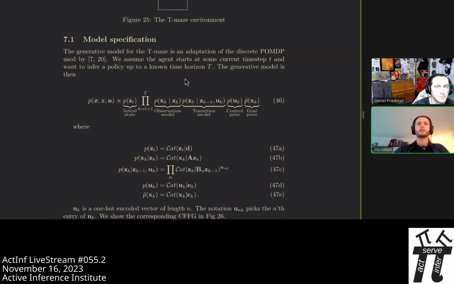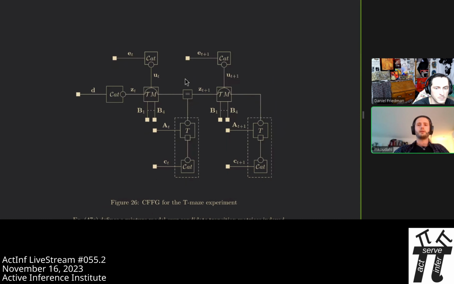I can actually show the constraint FFG of the model that we're building, and it looks like this. What's going on here is that we have a vector D that parameterizes where we start. This is the prior. Then we have this transition mixture node that transitions us from a latent state at time t to time t+1. It has 4 candidate transition matrices, again, because we need to move to either 1, 2, 3, or 4. And then we have this indicator variable that we call u, and that just picks whether we go to 1, 2, 3, or 4.